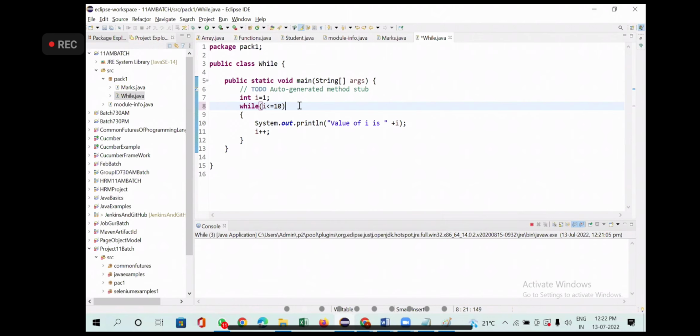We should not give a semicolon for the below. First one is conditions, like